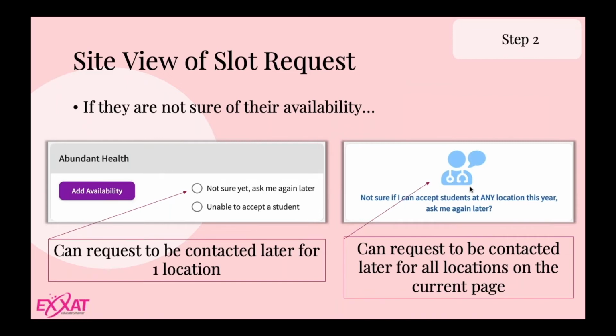for every single page. So let me make that point a little bit more clear. This is about this one particular site or location. This is about all the locations that they see on the page, and I don't know how many load onto the page offhand. I can't remember, but all the locations per page, they'll have to select this every page. So kind of an important point to point out, if they decide to do it that way. So that's what they would click